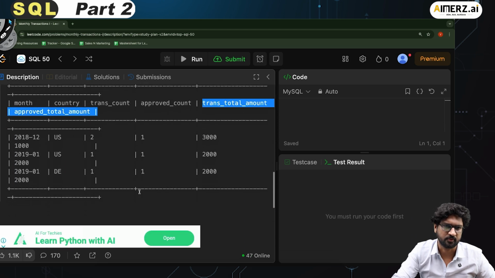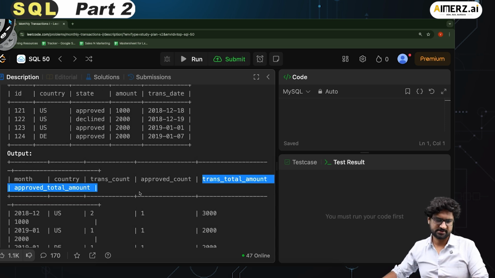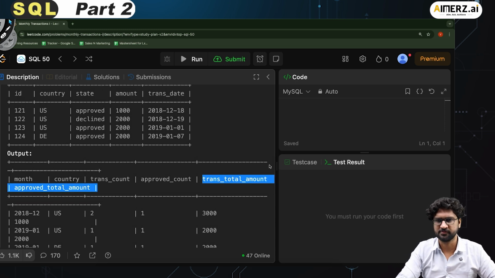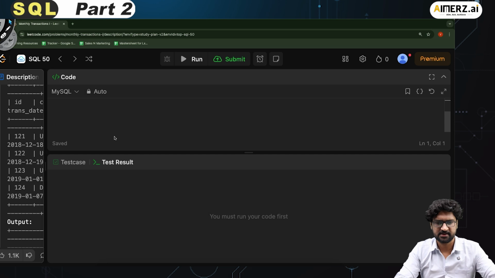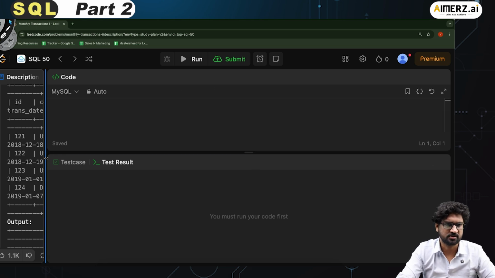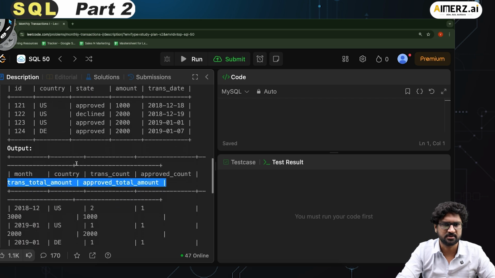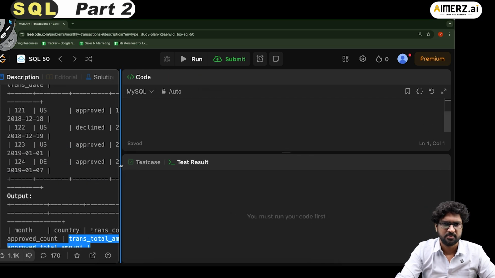Okay. So it's a good aggregation problem. Let's try to write the solution for this. This is a single table problem, so I don't have to do any kind of join, but I have to do the aggregation here itself. Since I also have to provide the month and the country,